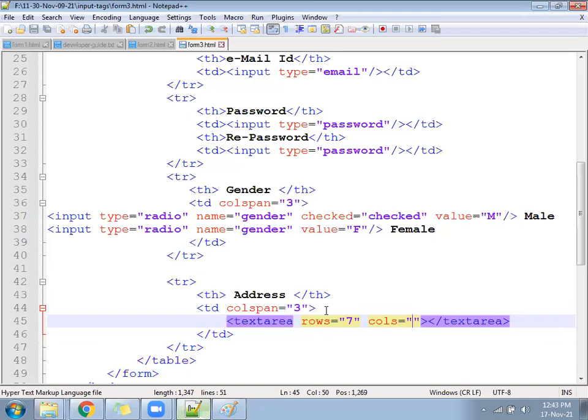Let's give it 60, 70. 70. It is going to cover the complete box of 3 columns. Maybe a little more or less, you can increase and decrease.